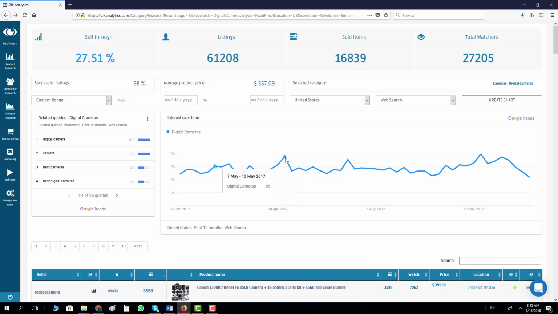May again is the beginning of the summer, the spring, and again can be another good timing for people to buy a camera. People start to go out of the house, people start to travel, people start to take more photos and so on. So this is how we learn the trend. We always have to look at the graph, and we have to find when is the peak time. Okay, now